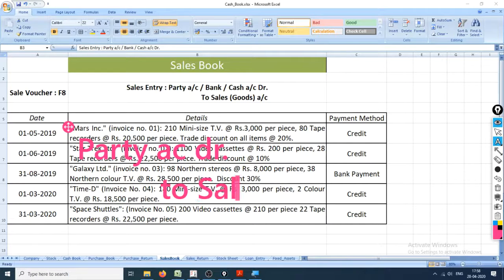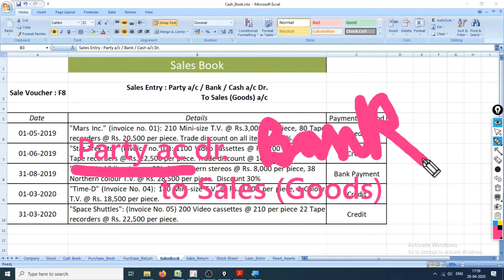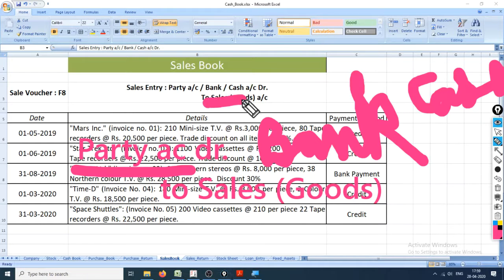to sales account, that is goods, because goods went out, and debit what comes in, credit what goes out, as in real account. As goods went out, hence it should be credited. The remaining part right here is party account debit, because that party is the receiver, which means debit the receiver, credit the giver. Or if it is a bank or cash account, that should also be debited, because bank is also a receiver, hence bank should be debit, and cash is a real account, debit what comes in. So that is why it should always be debit and this should be credit.